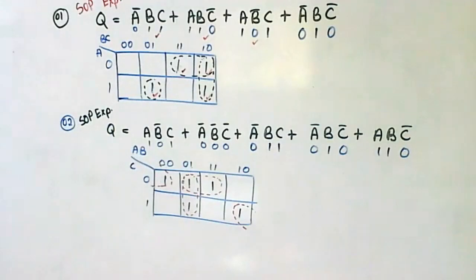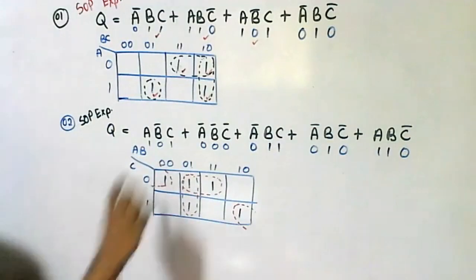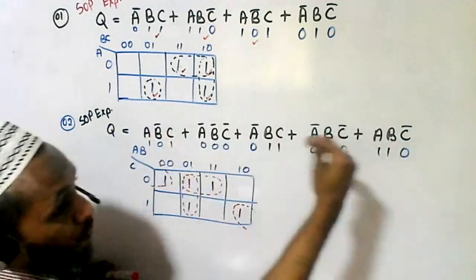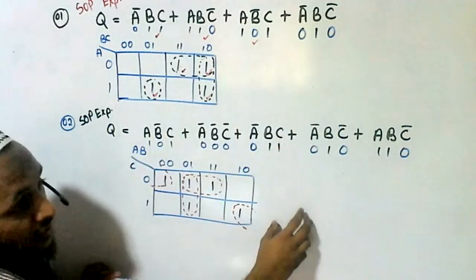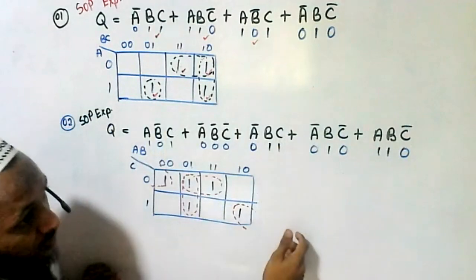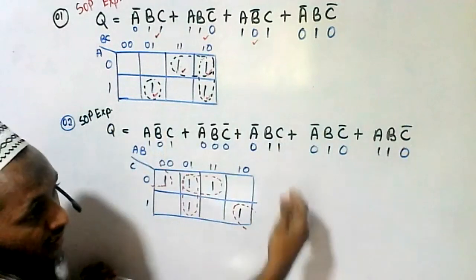Earlier, if we wanted to simplify this, we used Boolean algebra laws. So we have to remember all the 9 laws. There are several laws. If we take the idempotent law, there are several laws.